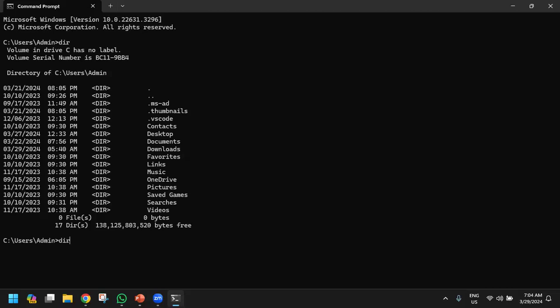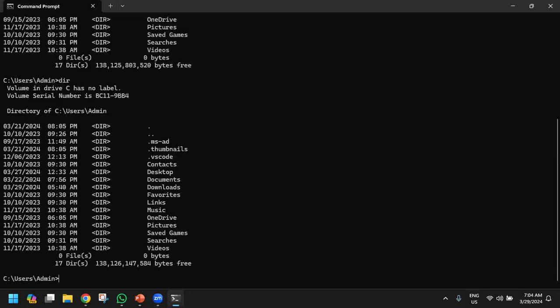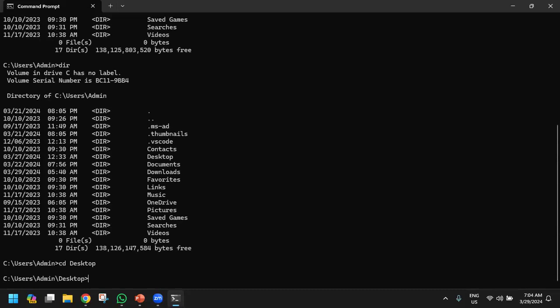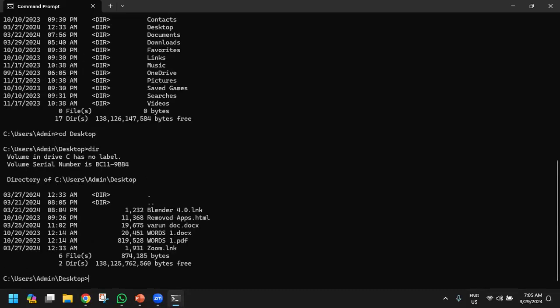So if you want to list how many folders are there, you can just type directory, dir, in case of Windows. In case of Linux, because 90% of the servers are having Linux, you can use that. In the Linux, it is called as ls. ls is the command to list. If I want to access anything, cd space desktop, so I'll just write this desktop. I have gone into desktop now. Again, if I put dir, I'll get these folder names. So this is the way of accessing my folders.